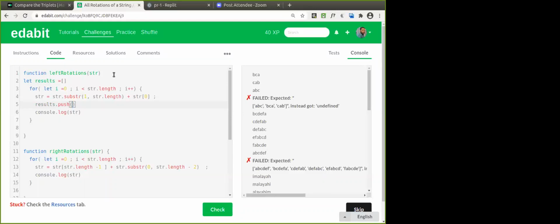So what are you going to push here? The string, str. Very good. So the string we are going to push here. Then you are going to return that instead of printing. Once you have terminated the loop, return results. Okay. Is it okay, everyone?